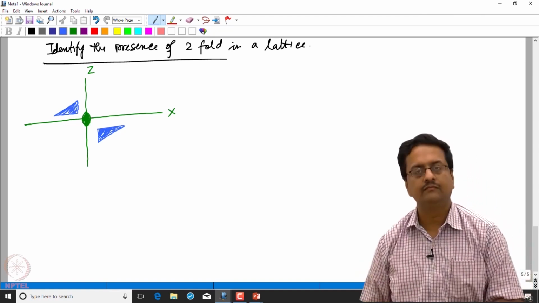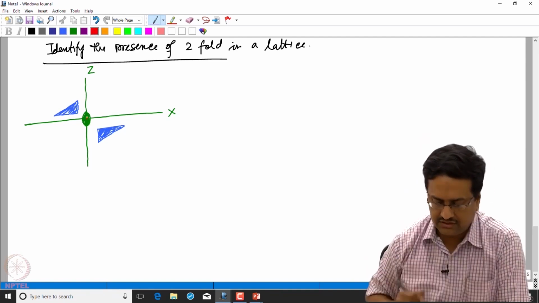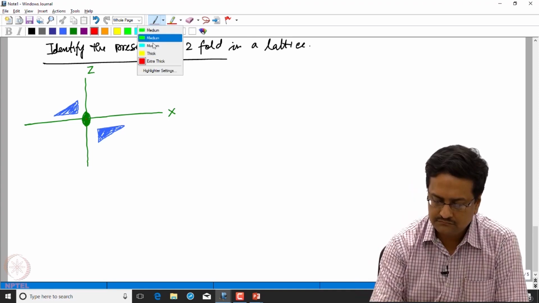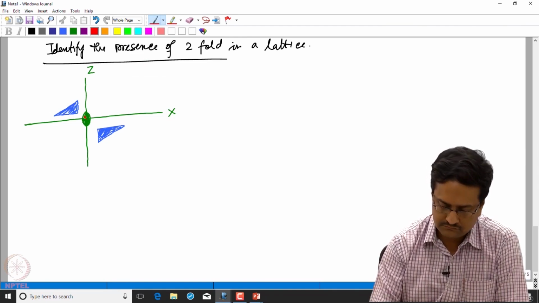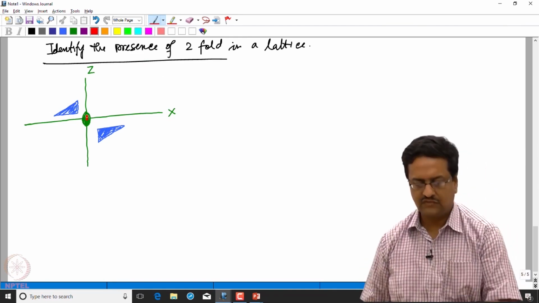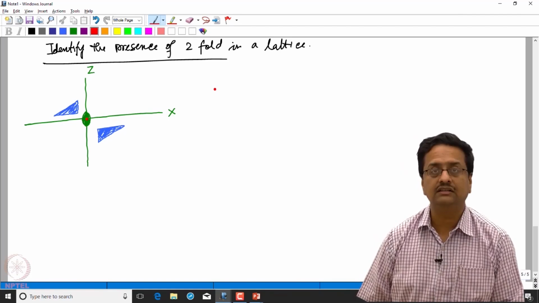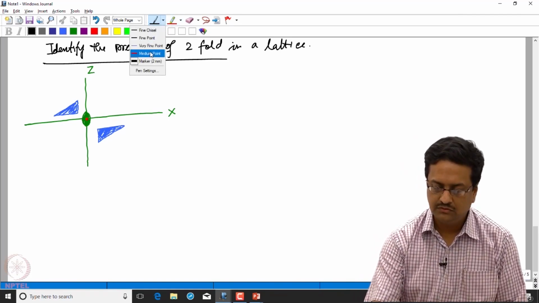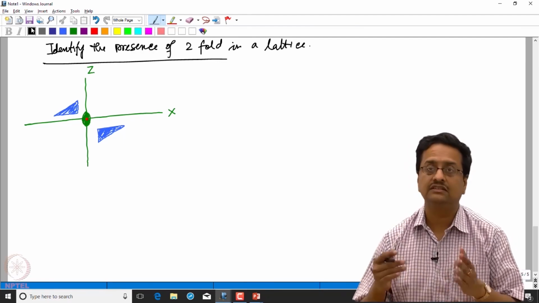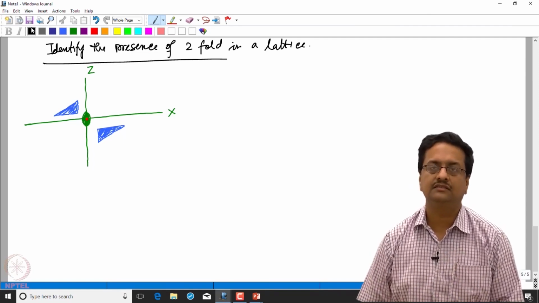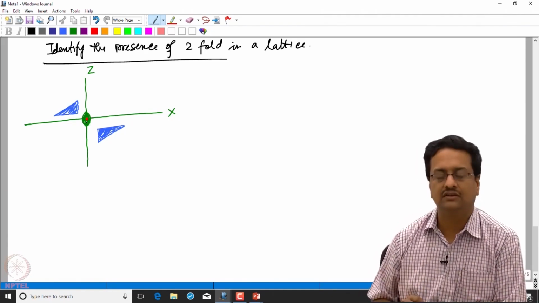So this projection seems to be centrosymmetric about the center there. So this appearance of a pseudo center of inversion results in a certain symmetry among a set of reflections. This apparent center of inversion on the xz plane